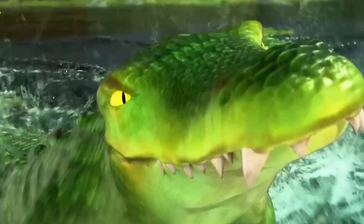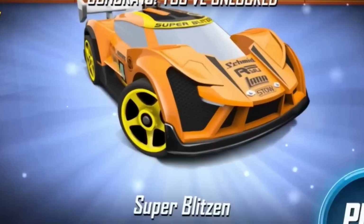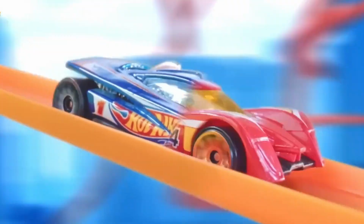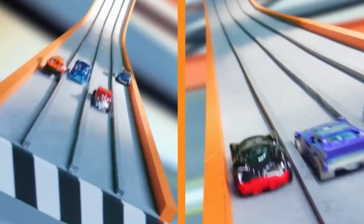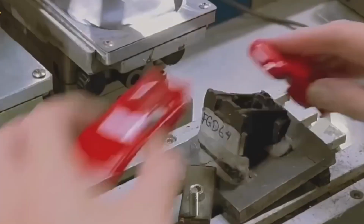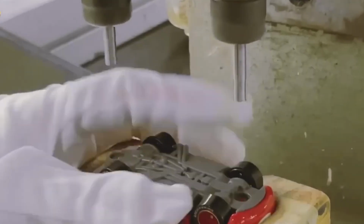Machines then attach the wheels with precision to ensure they roll smoothly, because what's a Hot Wheels car if it can't race down a track at lightning speed? After that, the interiors, seats, dashboards and windows are added, followed by extra details like spoilers and bumpers. Finally, the top and bottom halves are securely fastened together using rivets or snaps, creating a fully assembled Hot Wheels